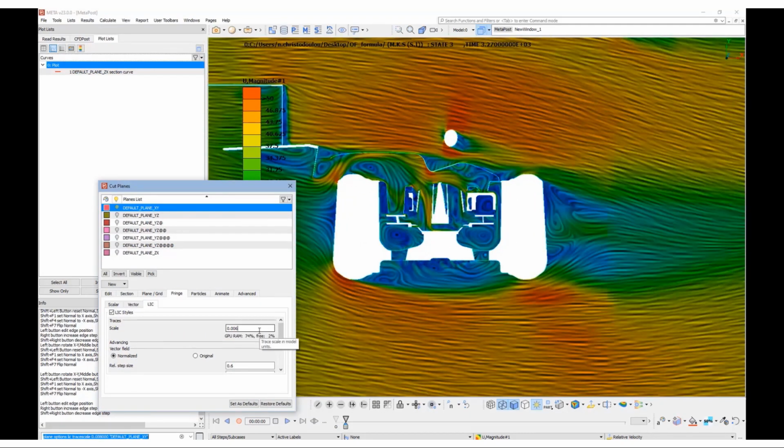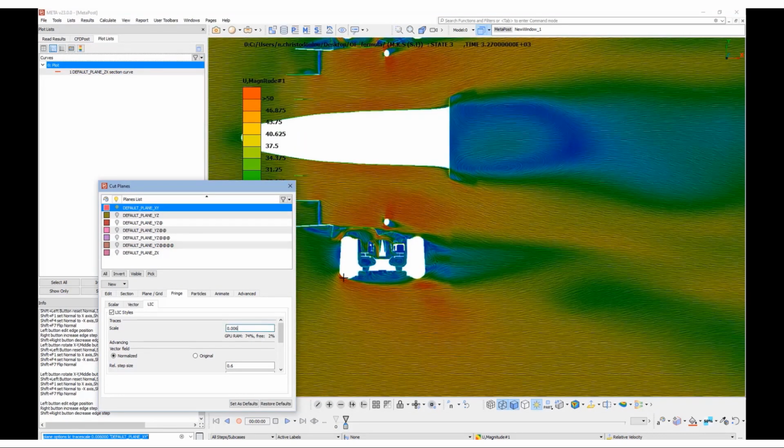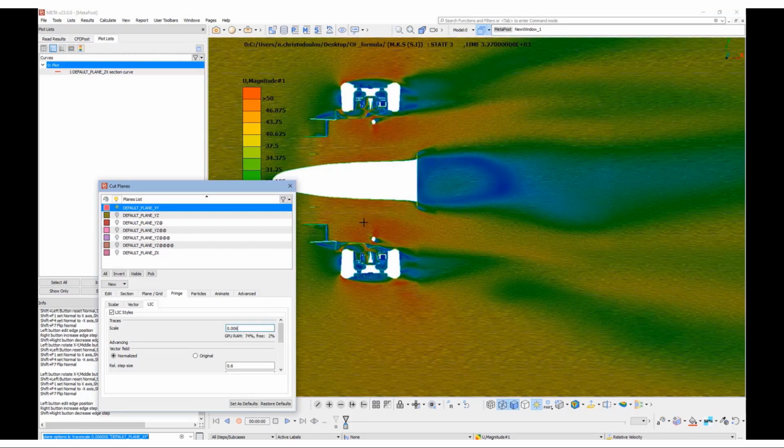And now we can drop down to 0.006 without getting our memory filled up.